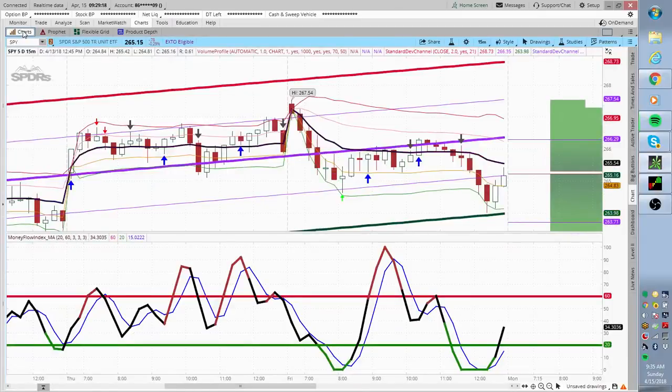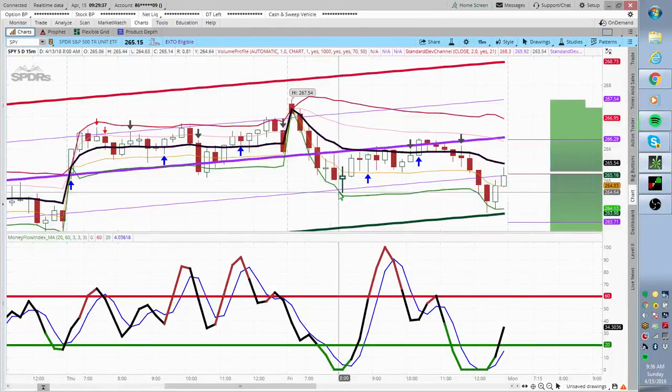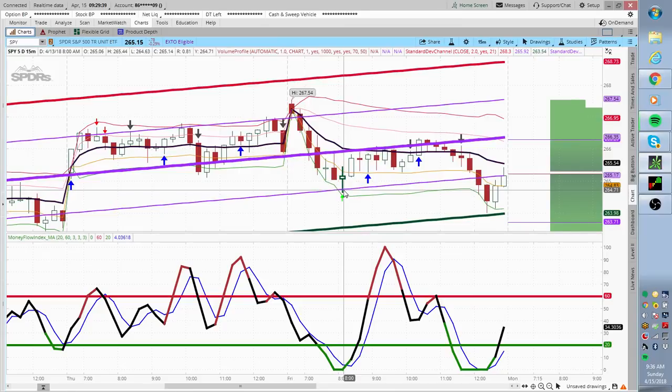Now look, I'll show you SPY the same way. See, we had a 5-day on the SPY. It sold down, got a slingshot, and you closed it. This could have been your put right here. If you would have bought puts here, let's just say you were lucky and you got it at 267.40, and let's say you bought the 267 put, you'd have been covering down here at 265. If you'd have bought 10 contracts, you'd have made $1,000.